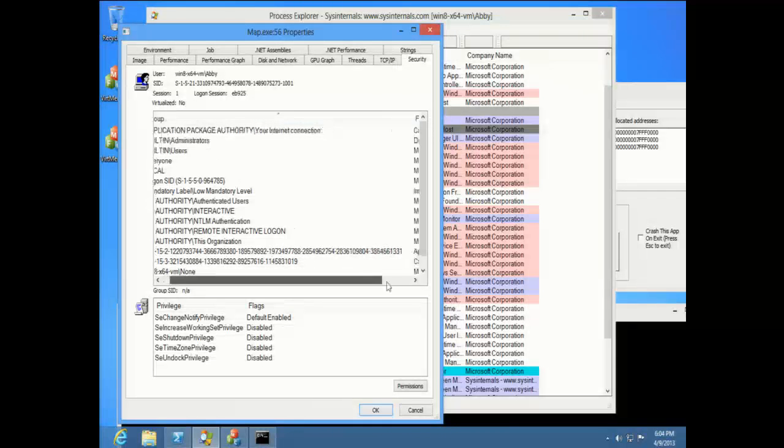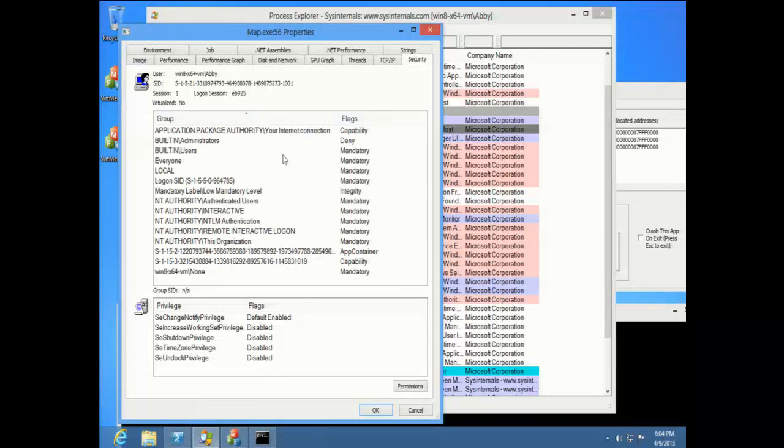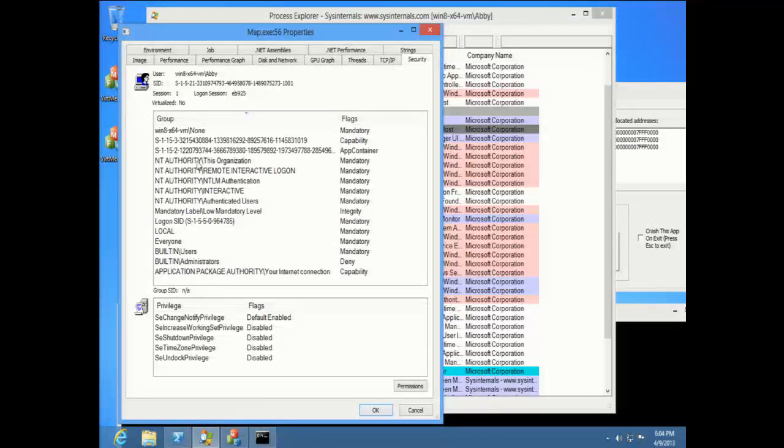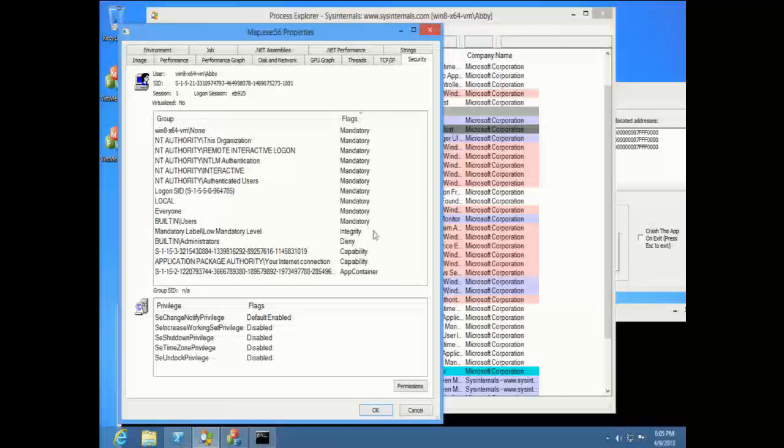Another feature that's really good, though, is now these columns are sortable. So you can group all the NT authority and built-in groups. And if you are on a domain like mine, where you're a member of a ton of different groups, being able to sort by them is a really valuable feature, as well as what are the different types of flags that are on these things. Is this an app container SID or a capability SID?